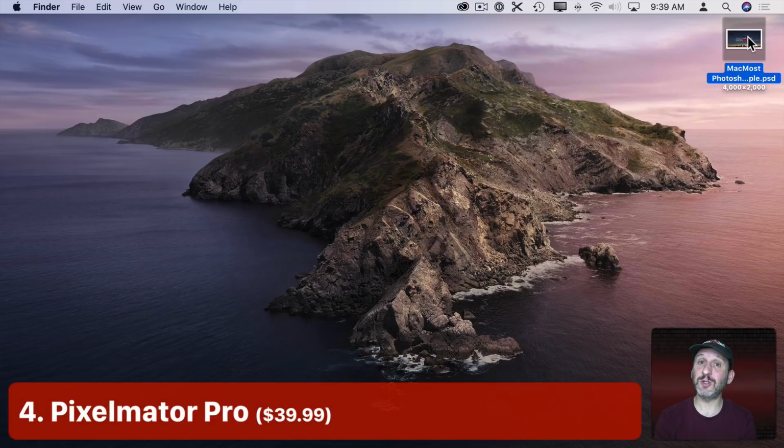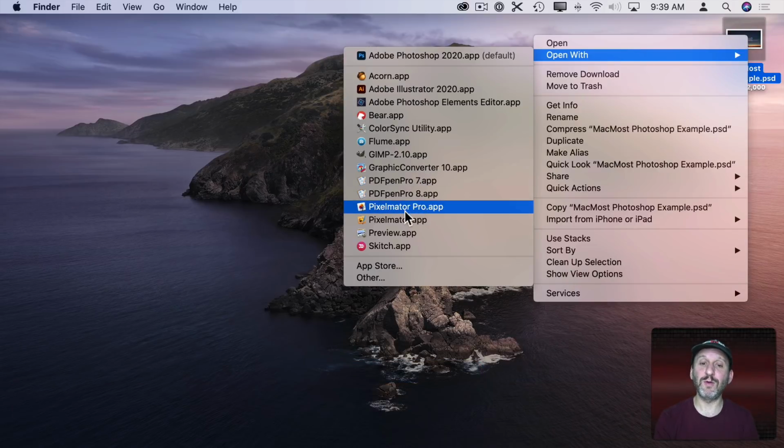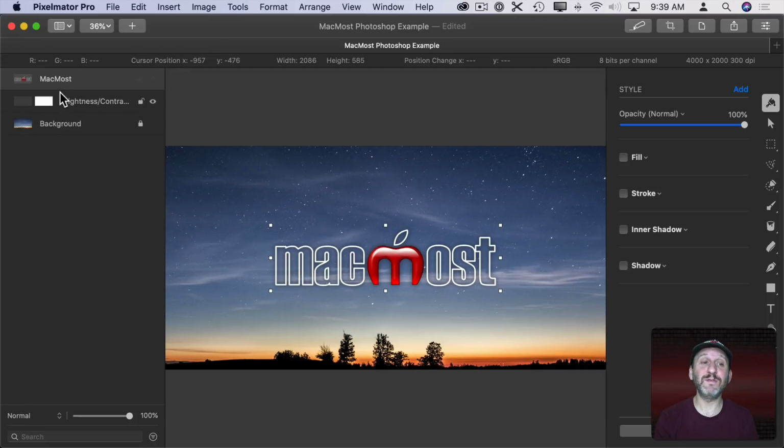Now you can also use Pixelmator Pro for this. So I can go to Pixelmator Pro and now you can see here I've got those layers just like with Acorn. But I don't have anything there for the brightness and contrast layer, or at least it didn't come out right. I kind of get the feeling that both Acorn and Pixelmator are trying with some of these layers. So maybe some will work, just not this particular one. So I can go and of course just like with Acorn I could apply my own shadow and everything to it